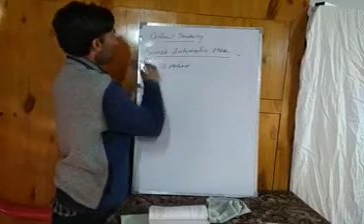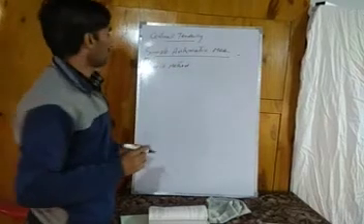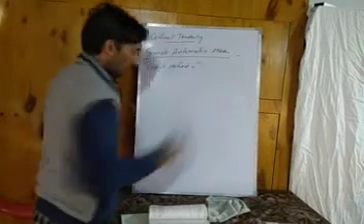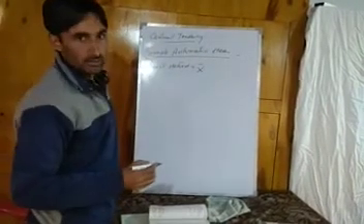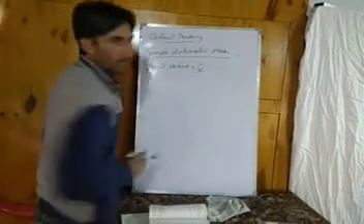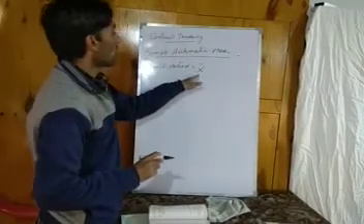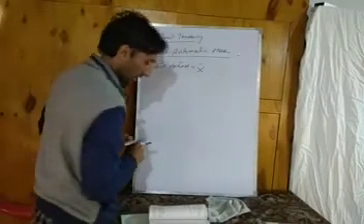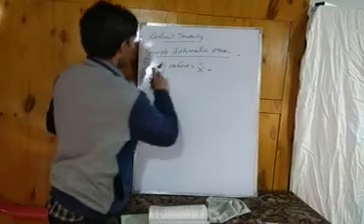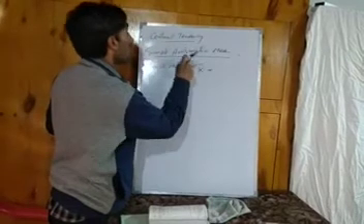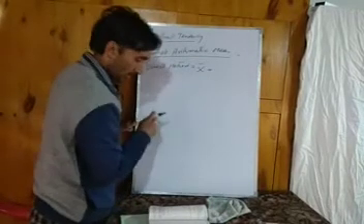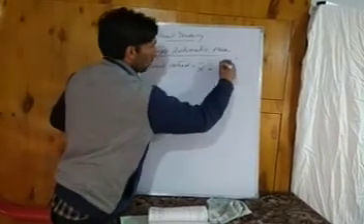By the direct method, we can calculate arithmetic mean. In the direct method, our formula is simply x bar. X bar means mean. By the direct method, this x bar, the simple arithmetic mean, is equal to the sum